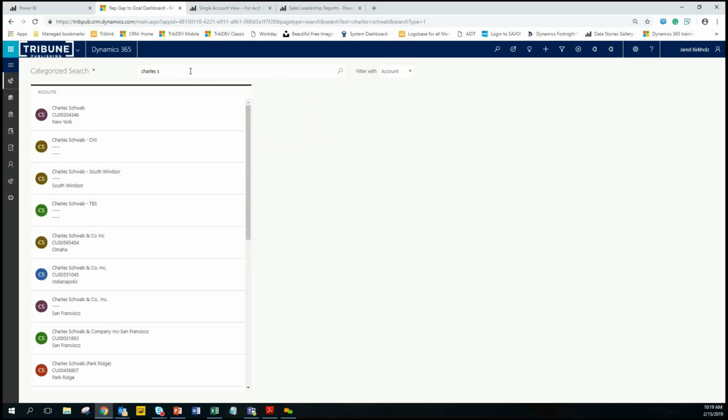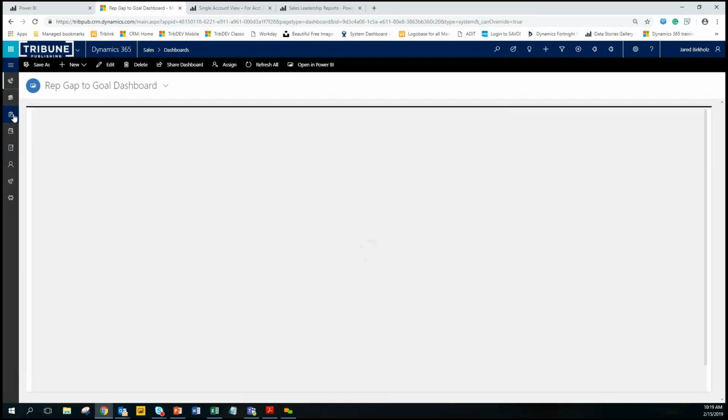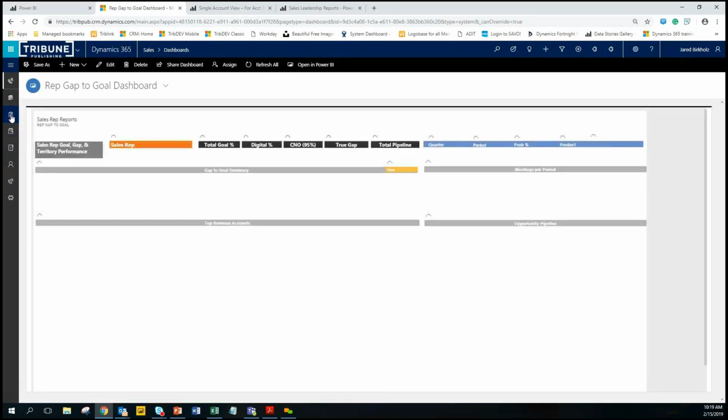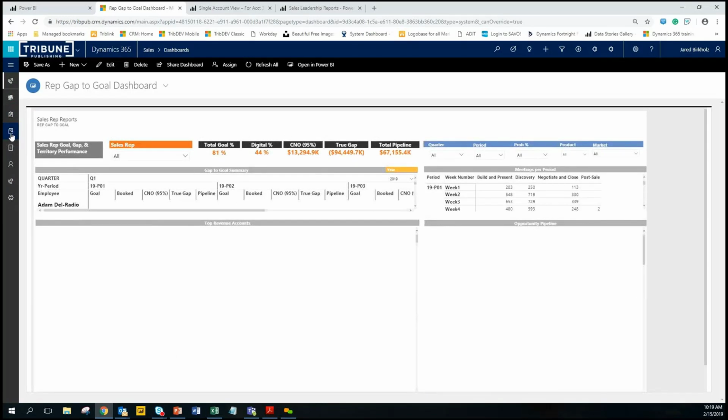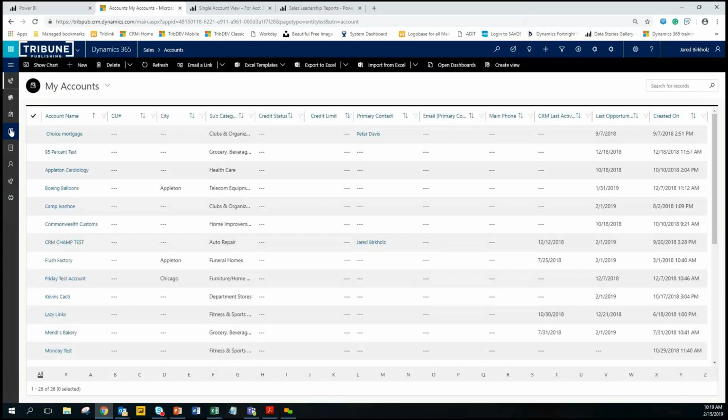So my best practice suggestion when you're doing any sort of searching, and the majority of your searching is going to be regarding accounts, is on the left-hand side here, we have all of our pages. So we have our dashboards page. Activities comes second. After activities is a little clipboard with a little pen there. There's a little file folder system icon. That icon is your accounts. So already, here are my accounts. These are accounts that I am listed as an account owner on. And if I want to search for accounts now,